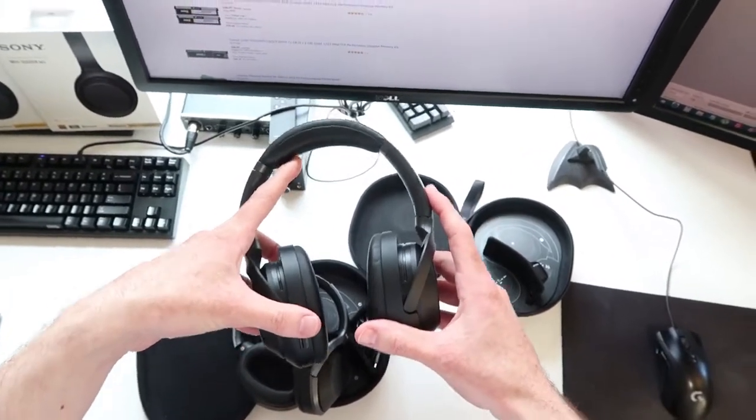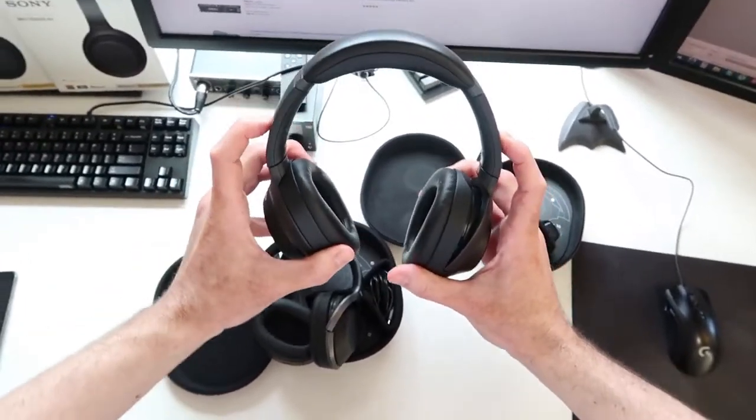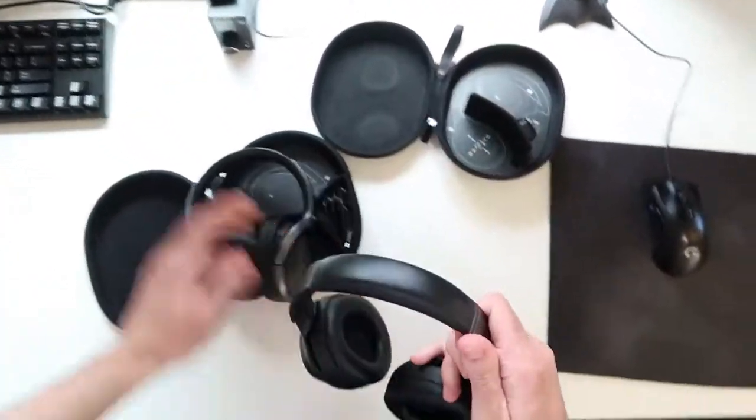And with padding on top, I can actually have a couple of different positions. I can wear them a bit further back on my head, and then you get fatigued with that after some time. If you fancy a change, I can wear them a bit further forward. Now if they were further back on the